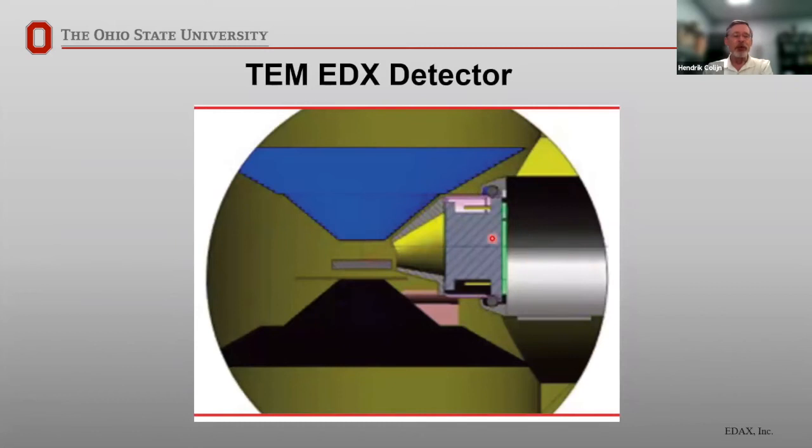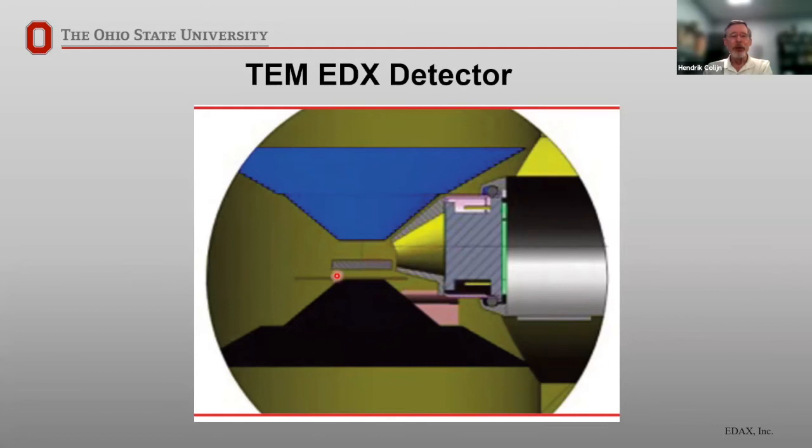So that was a schematic drawing. This is something a little bit more to scale. You have your pole pieces, upper and lower. This would be looking at the end of the sample rod sitting in here, and you can see how tight the quarters are. You have your objective aperture sitting here, and then a collimator, and your detector would be sitting roughly right about here. One thing you notice is how large an angle it subtends. We will often talk about the takeoff angle, but that's only to the midpoint of the detector. The detector actually extends down below the plane of the sample.